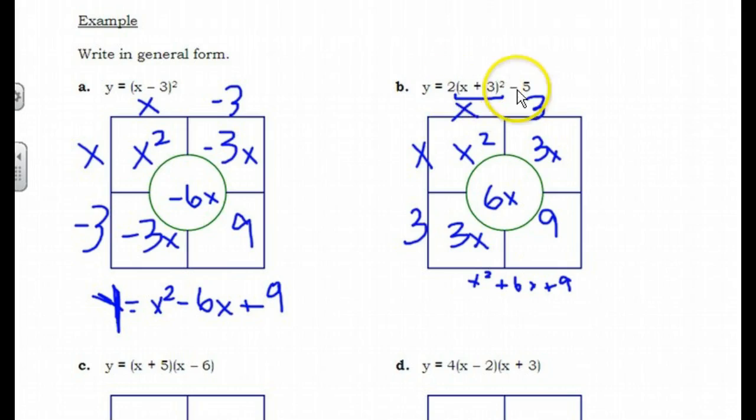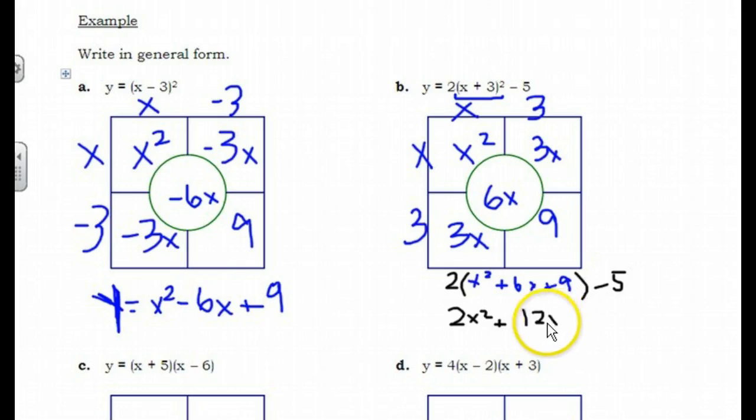Now that is just replacing this right here. So what I need to do then is bring the 2 back and bring the minus 5 back. So we're going to distribute the 2 into everything in the parentheses, and then we'll combine like terms with the last two pieces. So this becomes 2x squared plus